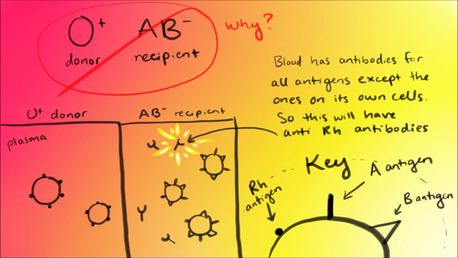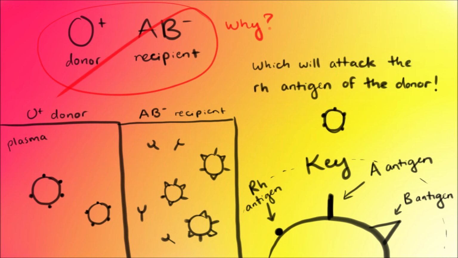Because it doesn't have Rh on its cell, it's going to have the antibodies for the antigen it doesn't have. And so when this comes in with the Rh,